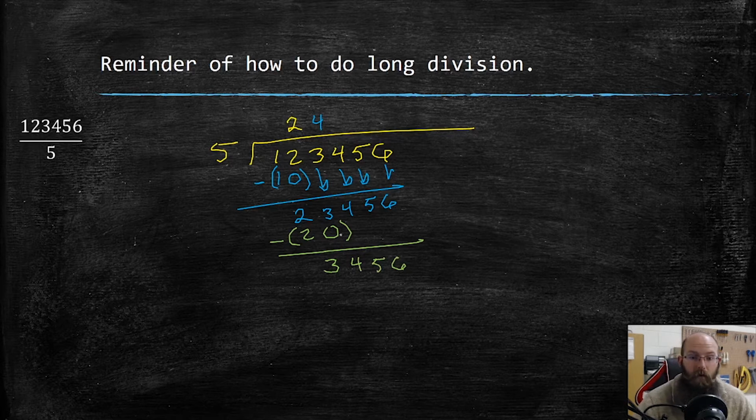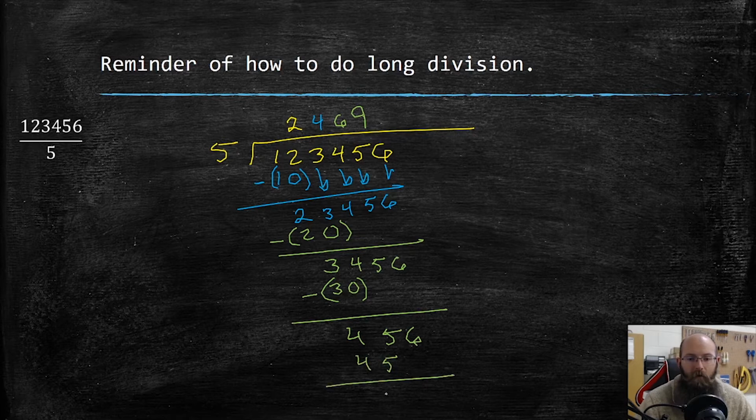5 goes into 34, almost 7 times, but instead it's just 6. And then from there, I need to take that 6 and multiply to that 5, and I get 30. And wrap that up in parentheses, subtract it, and I get 4, 5, 6. Well, that ends up going in 9 times. 9 times that 5 gets me this 45. I wrap it up in parentheses and subtract it away, and end up with 0 from that, and then a